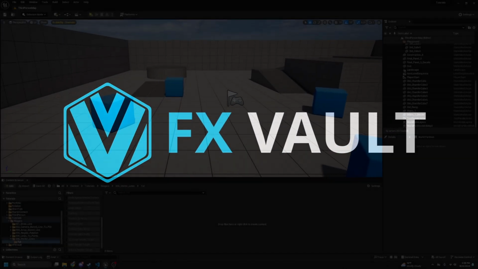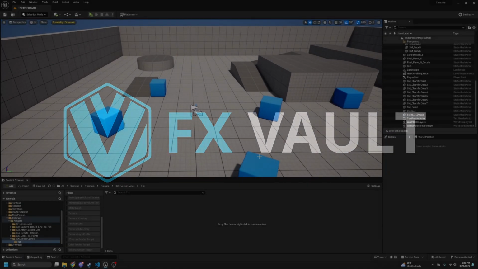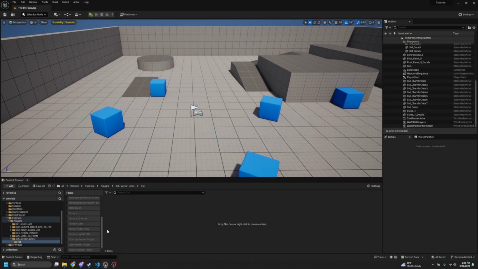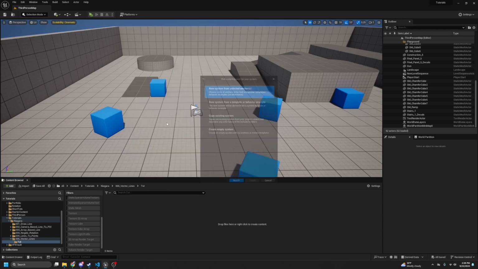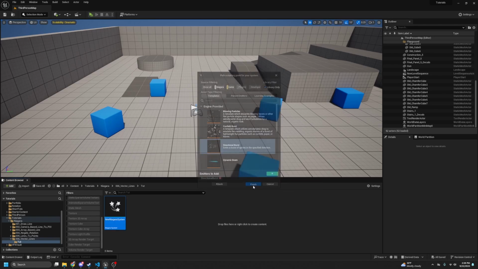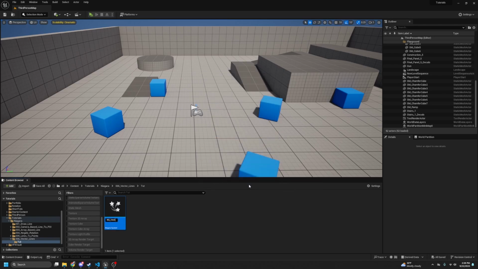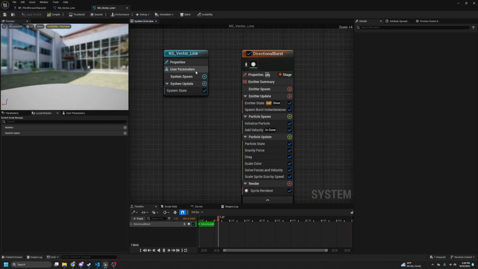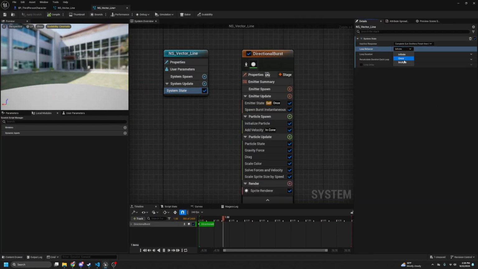Coming into just a new Unreal Engine project, you can do this in any Unreal Engine project. Again, this is just the third person template. I haven't changed anything. There's nothing special about this. We're going to make a new Niagara system and we'll just go with directional burst. We'll just call this NS vector line,